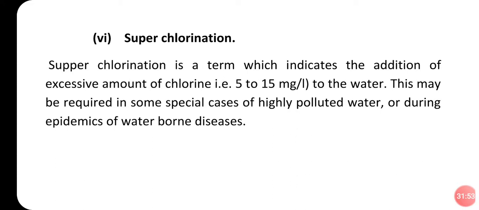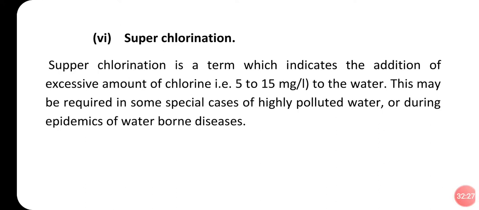So there is a choice: double chlorination may be done, or superchlorination may be done. If there is no prior treatment of the water and more contamination is there, it is not possible for us to carry out prior treatment such as sedimentation, filtration, aeration. In such a case, superchlorination is carried out. If some prior treatments are carried out, then double chlorination can be done, because double chlorination means before and after filtration or sedimentation. Double chlorination means pre and post chlorination.